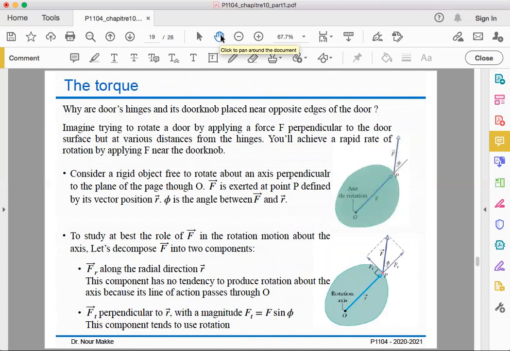I will start the discussion about the torque by giving a very simple example. خلينا نحكي عن الباب. لما تجوا تفتحوا الباب، أي أسهل علينا نفتح الباب؟ أسهل علينا نفتحه من جهة اللي هو بيكون معلق فيه على الحيط، أو أسهل بكتير نفتحه من الجهة محل ما بيكون في مسكة الباب اللي هي أبعد، لما نبعد عن الأكسس أوف روتيشن اللي له. هيدا رقم واحد، أول سؤال. السؤال الثاني، ليش مسكة الباب بتكون على طول من الجهة المقابلة للجهة اللي معلق فيها الباب؟